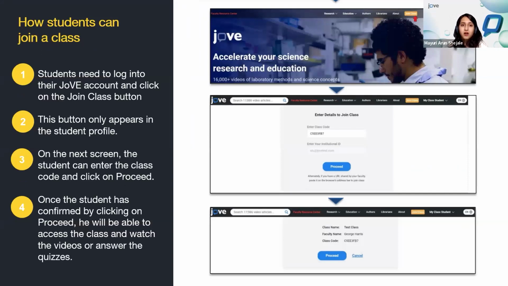Once the students join the class, this is basically a screenshot of how it would appear from a student's point of view. So the student would log into his or her JoVE account and click on Join Class. The Join Class button will be available for the student right there at the top. Once the student clicks on the Join Class button, he or she will then be asked to enter the class